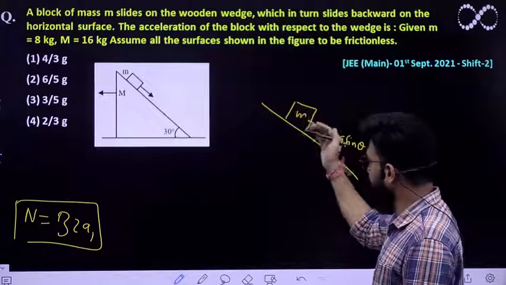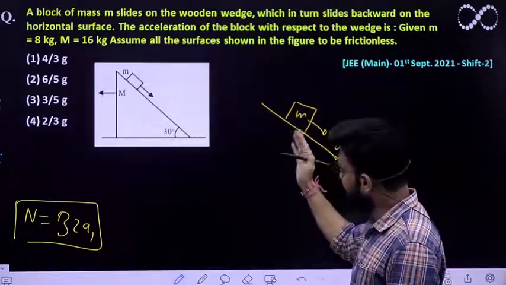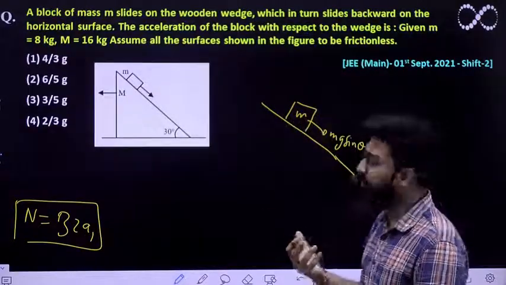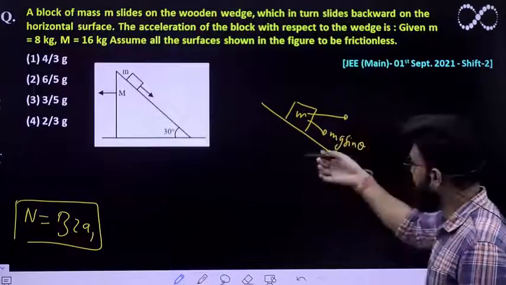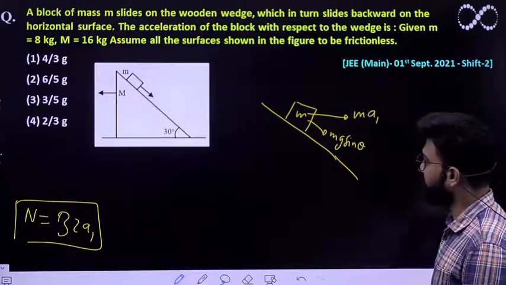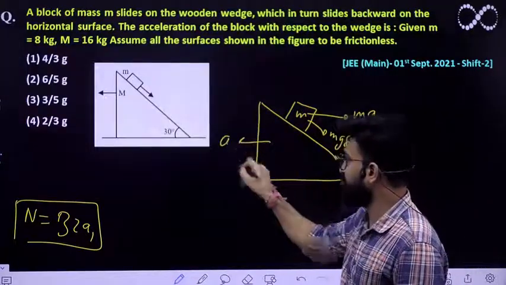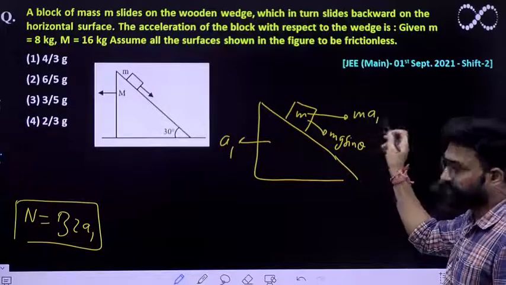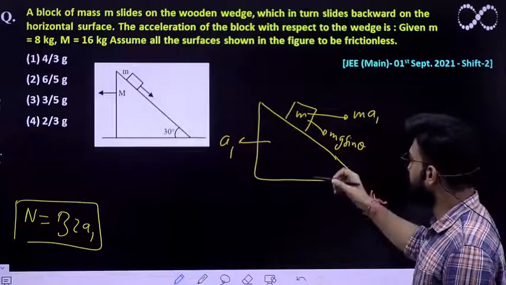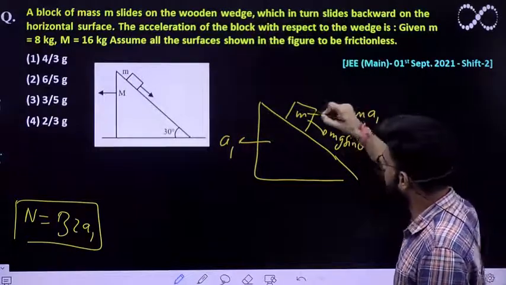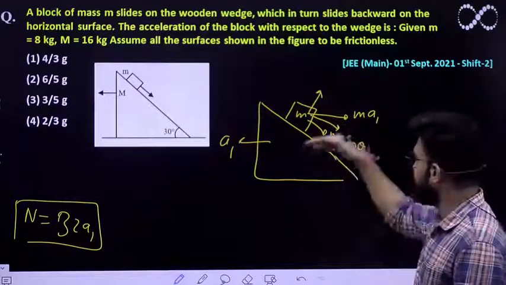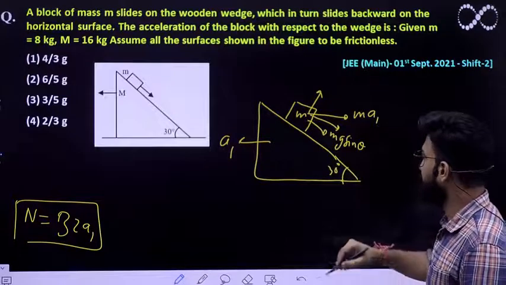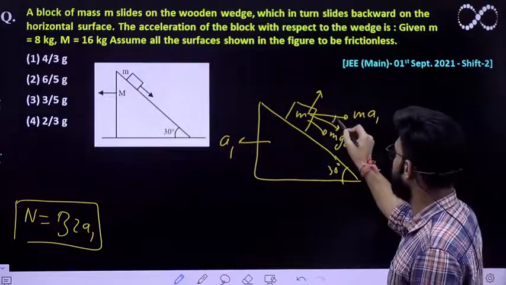Again, if it is coming downward and this wedge is moving in a horizontal direction, then this small m will get a pseudo force in the backward direction, and that pseudo force must be equal to m into a1, don't you think? Because this wedge is going backward with an acceleration of a1, this small m will get a pseudo force in the backward direction, and its magnitude is m into a1. So you can easily solve for the components along this direction and this direction. If this angle is 30 degree, this angle is also 30 degree.